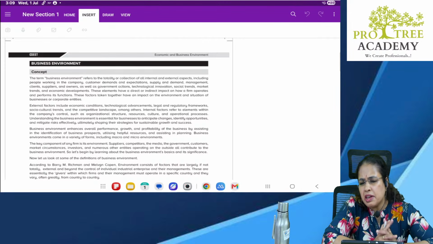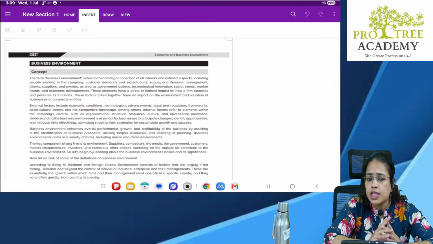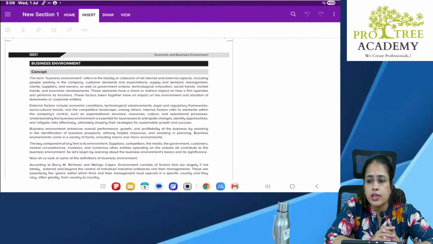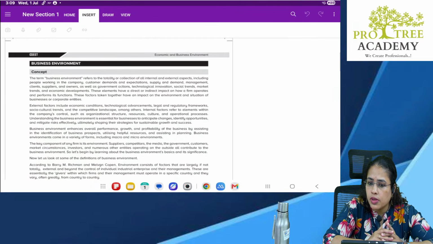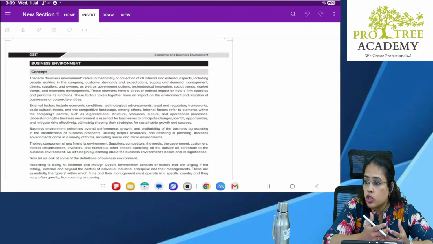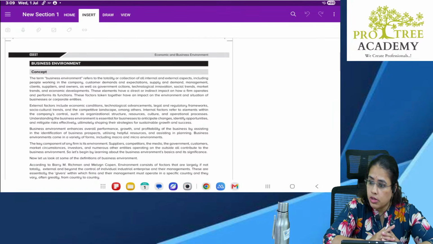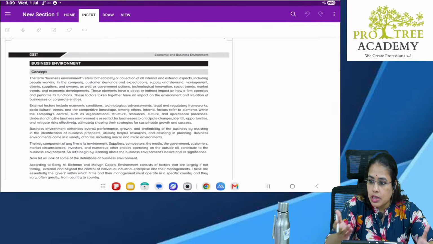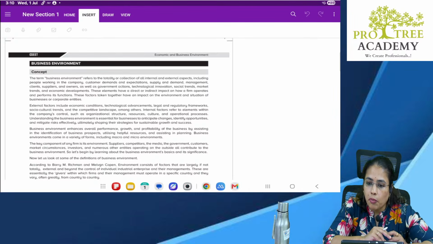Now, only does the internal things matter? External things also matter. External things, give me some example of external things. Then government, very good. Government, whoever government is there, what the government is promoting, that is very important. Now, for example, a plastic bag is banned. Just think. Then what will happen? All the plastic industries, they will have to close down, right? Wherever plastic is banned, they cannot manufacture plastic there. Banned. There will be no demand for that. So it is banned. So government, then